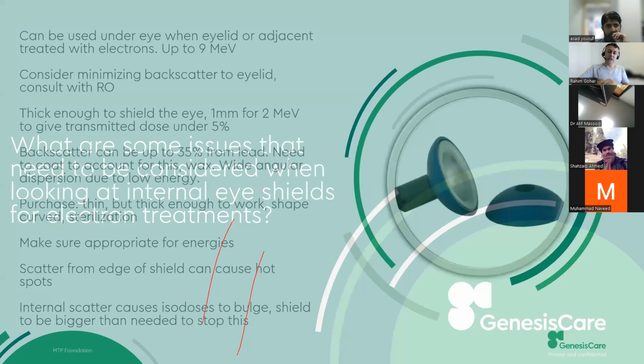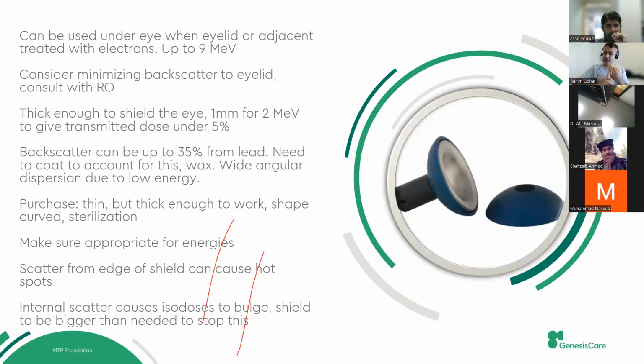So these are the things you need to consider: how you are going to reduce your backscatter with internal shields by using a low Z material coating, and what the thickness of your internal eye shield should be, keeping feasibility in view as well, because you cannot keep a thick eye shield in during the treatment. There is a report as well on using them, but you cannot use greater than 9 MeV when you are treating lesions next to the eye, because to shield and keep the thickness